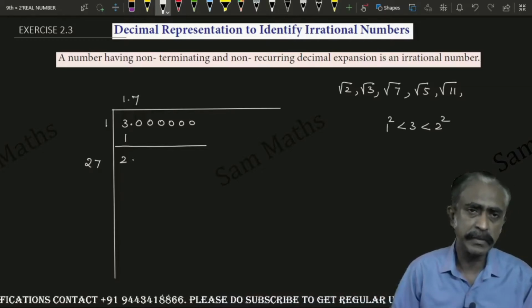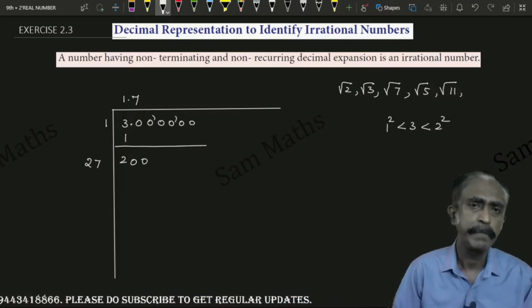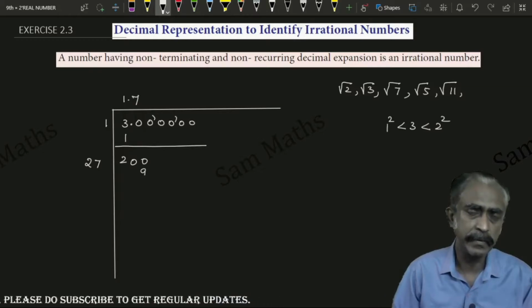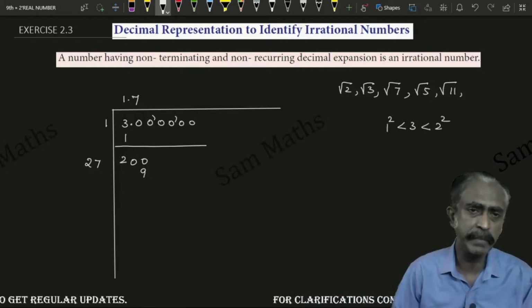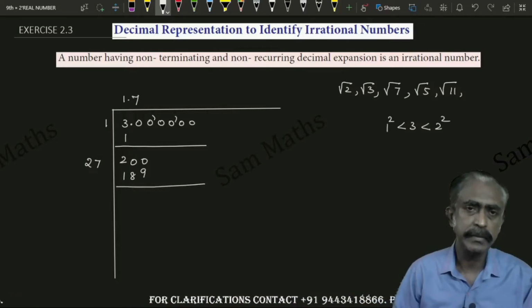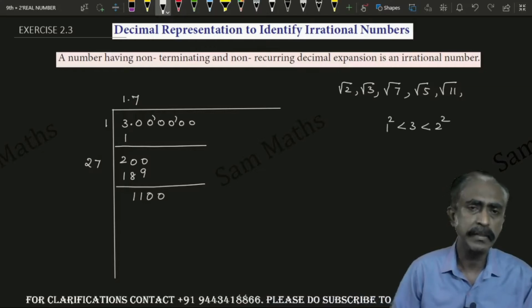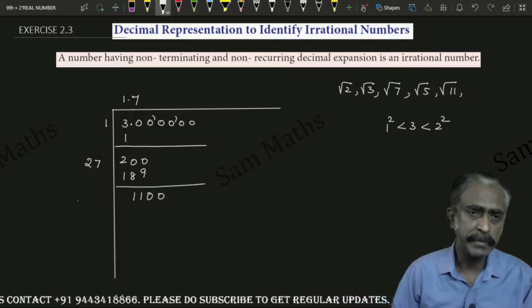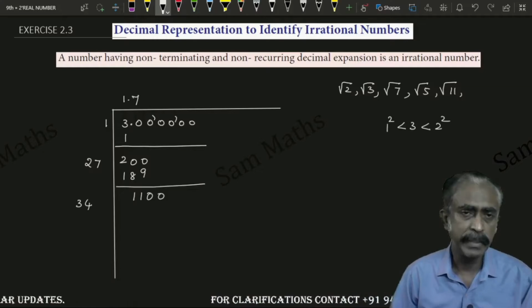So you take 2 zeros here. Okay, children, you have to take 2 zeros. 7 sevens are 49, 4 is balance. 7 twos are 14, 14 plus 4 is 18. Subtract this, it's 11. You take 2 zeros. Clear, children? Now again you double this. 17 into 2, it becomes 34. We have to write a number here. It becomes 340 something. Am I right?